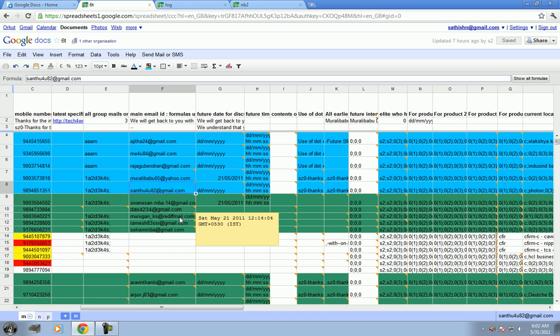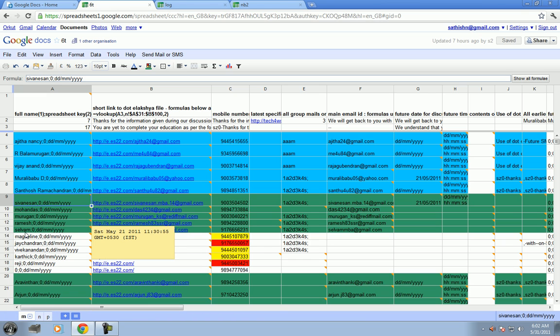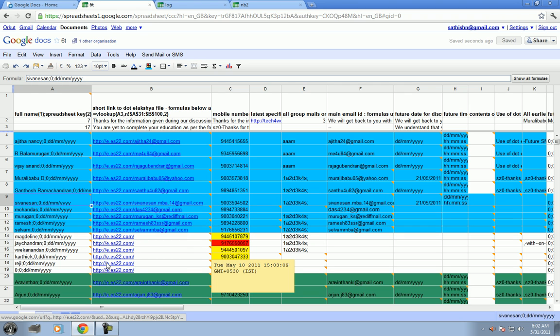The minute you need to create a .elakshya file for somebody, all you have to do is, you are saying that all these people you have to create .elakshya files, correct? No? 7 to Selvam? Yes or no? So I will mark 7 to Selvam like this, and I will put it in blue color. The minute I put it in blue color, for 7 to Selvam, I just need to take 3 records.